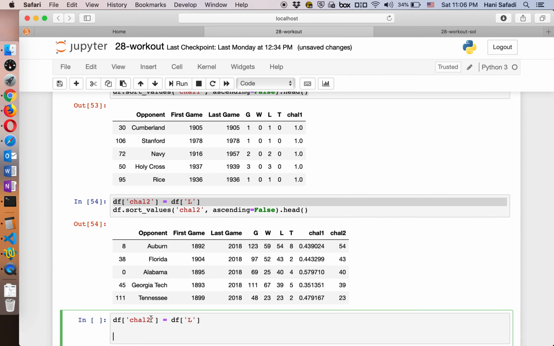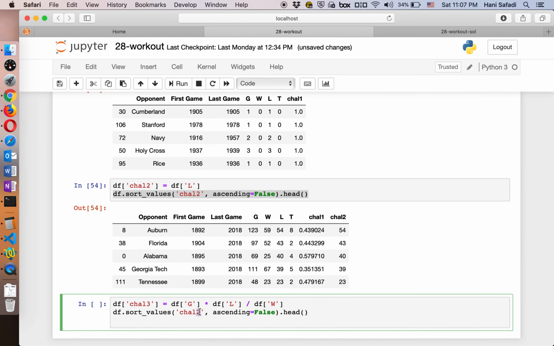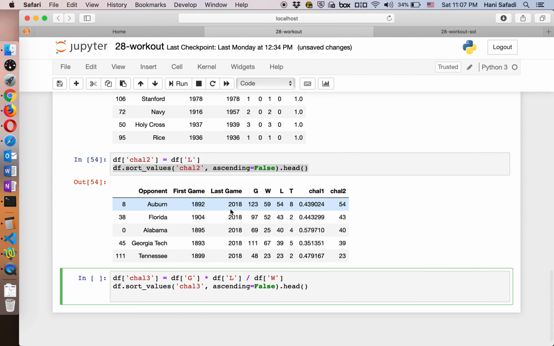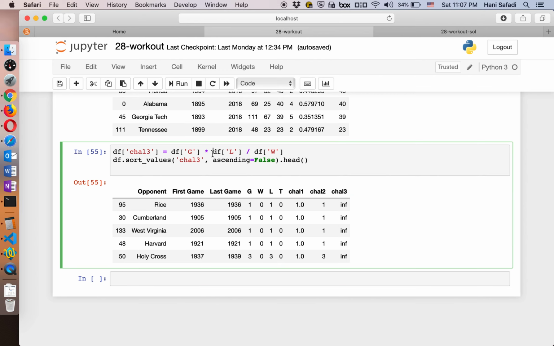So how about challenging 3? I'm going to divide losing over winning, right? And then this makes it like we're looking at a percentage of losing against winning, and then we can weigh this by the number of games played. So again, I'm playing with the data to come up with a meaningful scenario here. This was not very meaningful because we've got these small teams again. So we've got infinity because this one is 0. So what I'm going to do